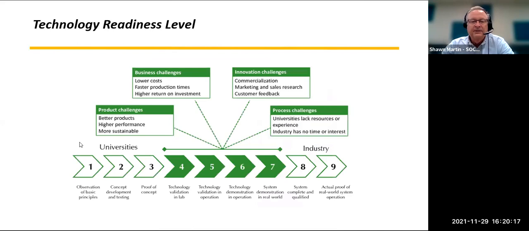Here's another representation of TRL. This is not the NASA version, but I think this is a good one to help you understand where universities fit in typically with technology development versus industry. Each hash mark, or chevron, represents a progressing level of maturity, and below it gives you a slight definition of where it's at. But many of the things between 4 through 7, sometimes that's called the valley of death. Sometimes it can actually be just between 5 and 8, the valley of death, where